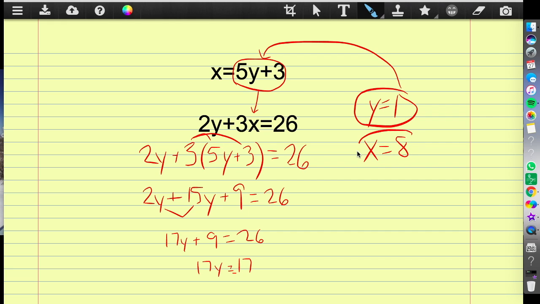Okay? And once again, we want to make sure that we write our final answer like a coordinate point so that we could tell where the two lines would cross if we were to graph them. And since we always write our x first and then our y, it's going to be crossing at the point 8, 1. So our final answer for this one would be the point 8, 1, or x equals 8 and